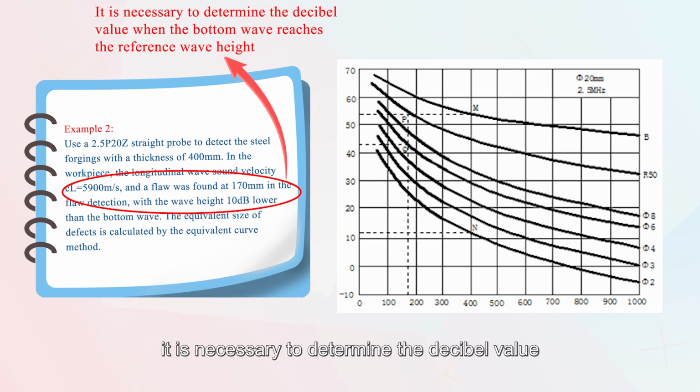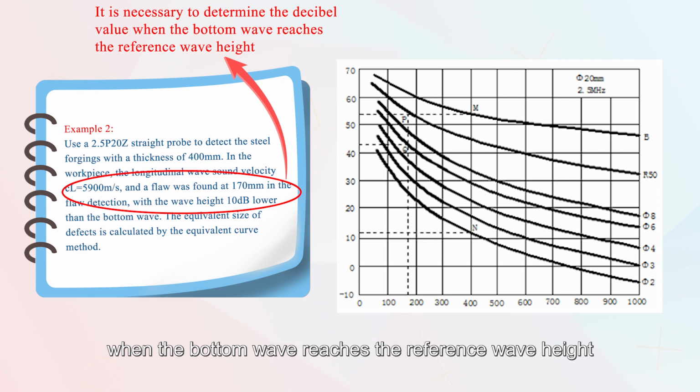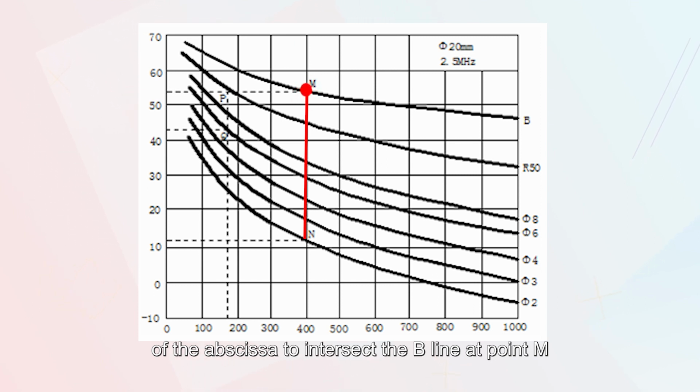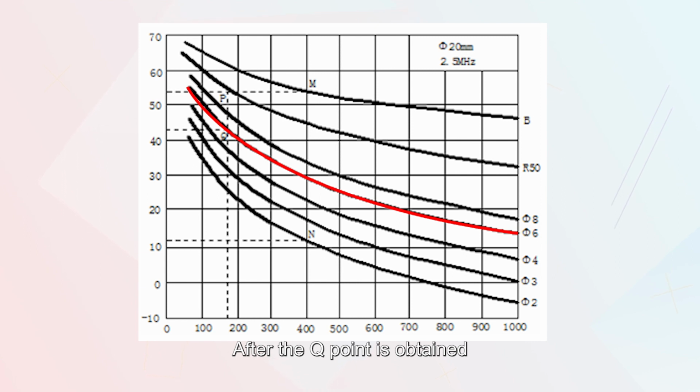it is necessary to determine the decibel value when the bottom wave reaches the reference wave height. So first make a vertical line MN at 400 mm on the abscissa to intersect the curve at point M, and then make a vertical line PQ at 170 mm on the abscissa to intersect the Q point with a horizontal line 10 dB lower than the M point. After the Q point is obtained, the defect size can be obtained from the position of the Q point in the AVG curve,